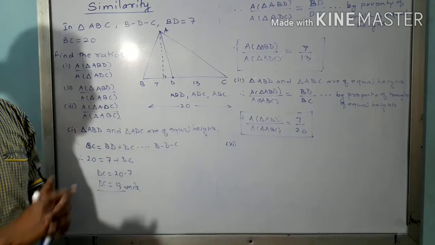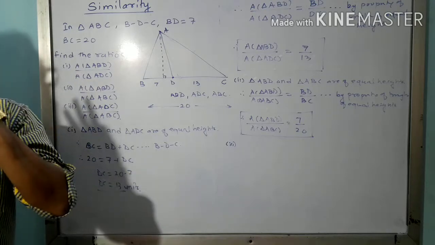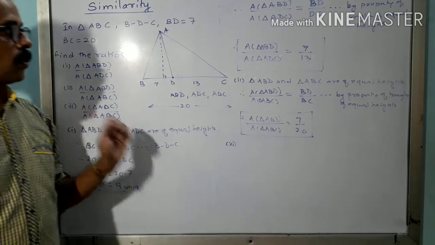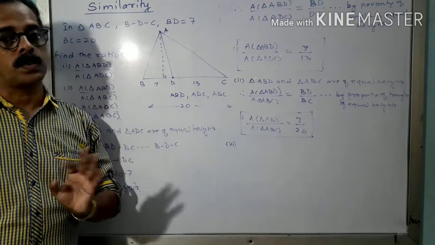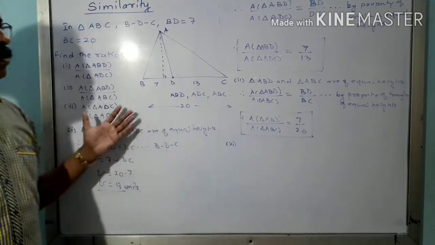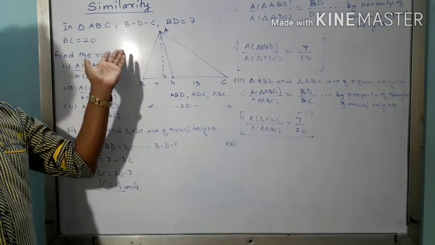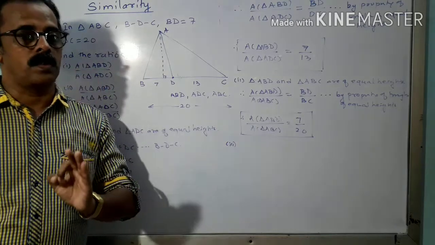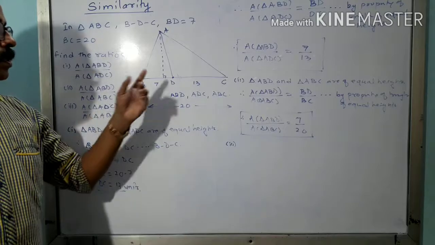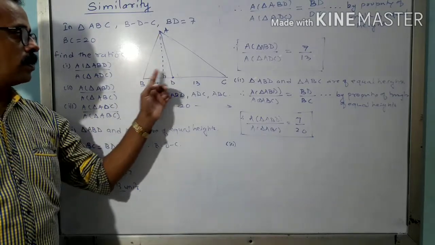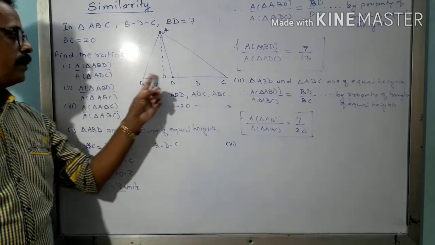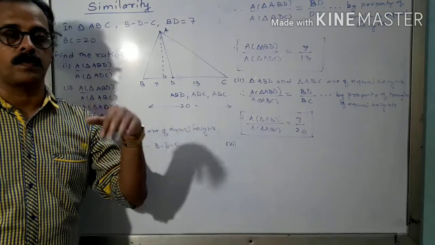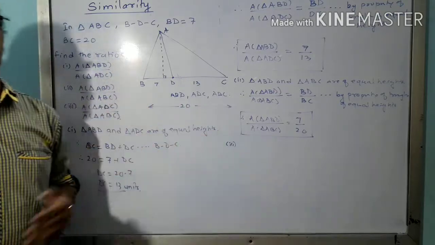And then you summarize the answer. This is a question of how many marks? 3 marks. This is a particular question I have solved from your problem set. Okay, I hope you understood the concept, how to solve problems based on this. What is the key point for every question? There is always a key point. Here I found that all 3 triangles which were given have the same height, and we went ahead with that concept.